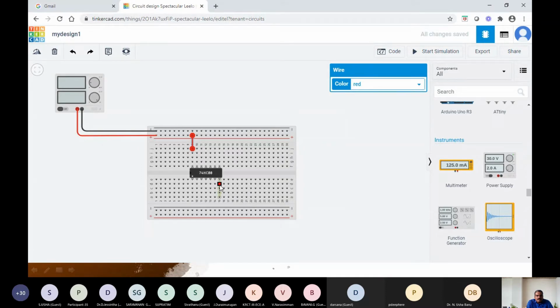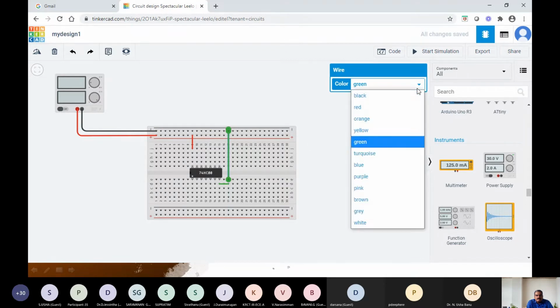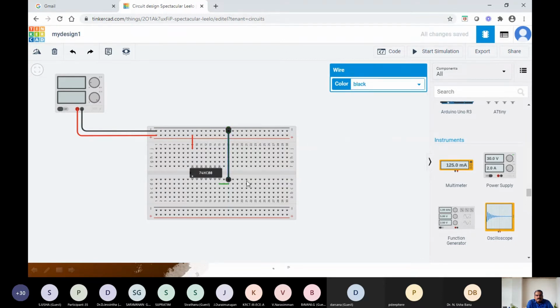Okay. And then you have ground pin over here. So I will be taking it connection to this side. So this is ground. So as it is ground connection, I will be changing the color as black.